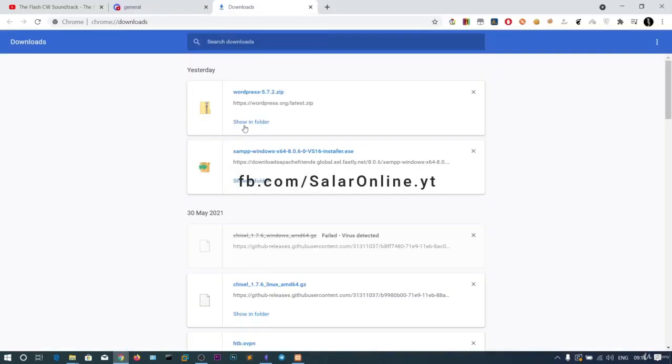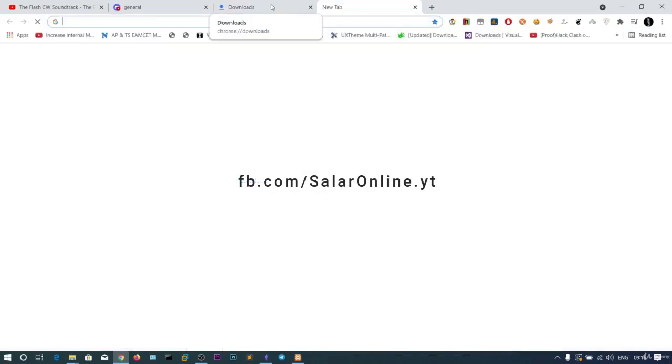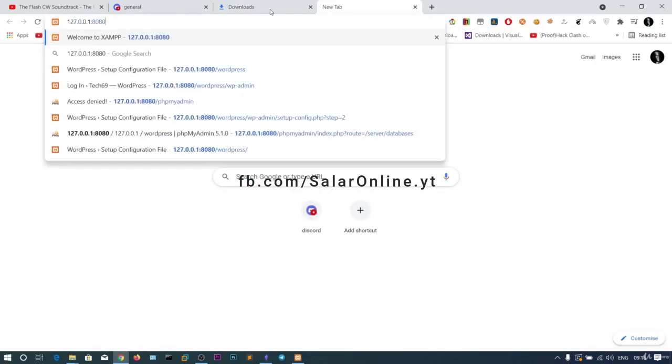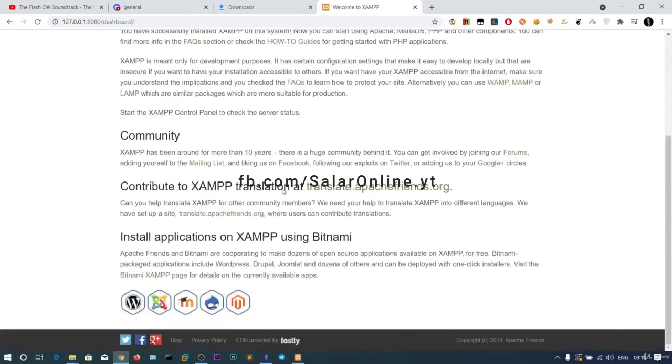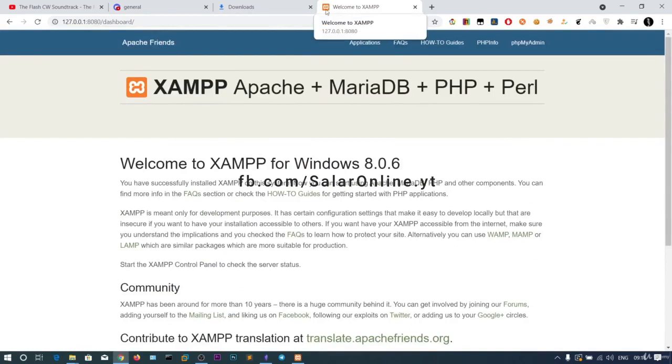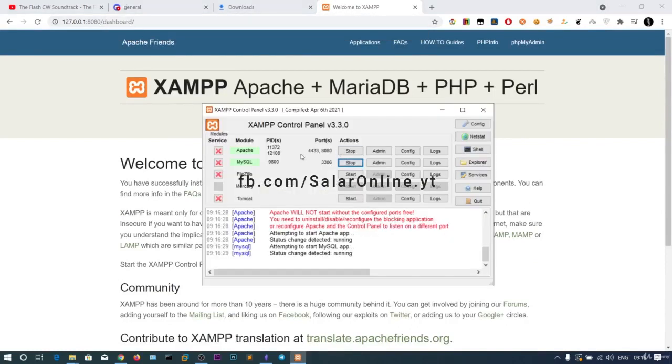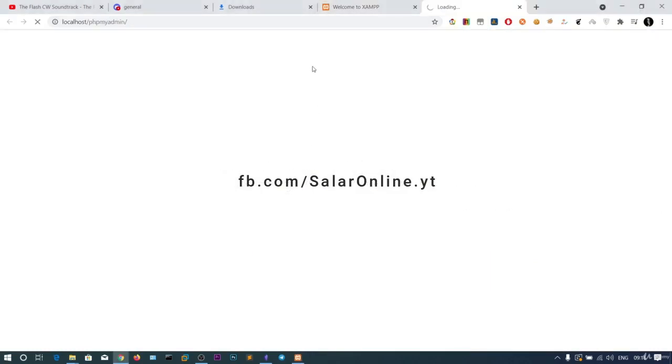Okay, now what you want to do is go to localhost or 127.0.0.1:8080 and hit enter. So you can see, if you see this page, your XAMPP installation is successful. And now we are going to create a database for our WordPress. Click on admin,